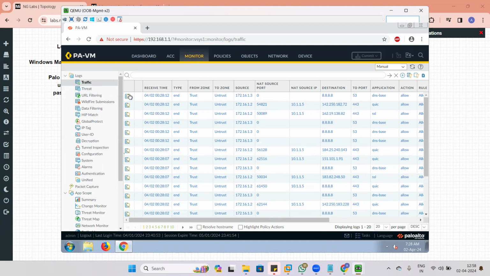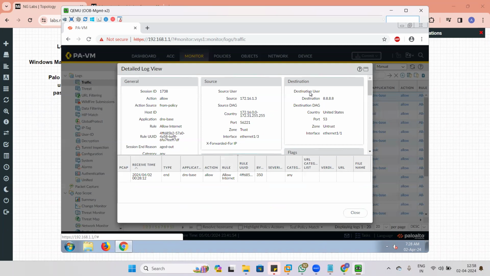And if you see this one, let's open the detail log. So you can see 1.3, there is no NAT being applied because there is no NAT rule actually taking a